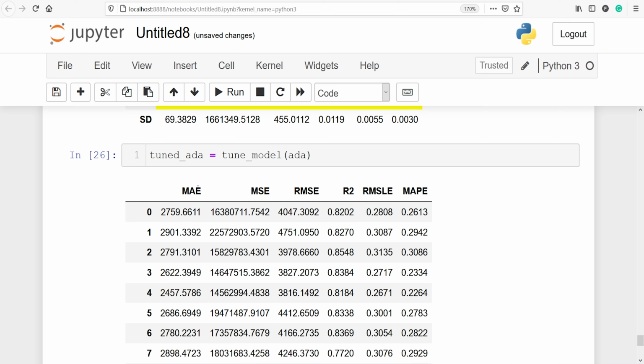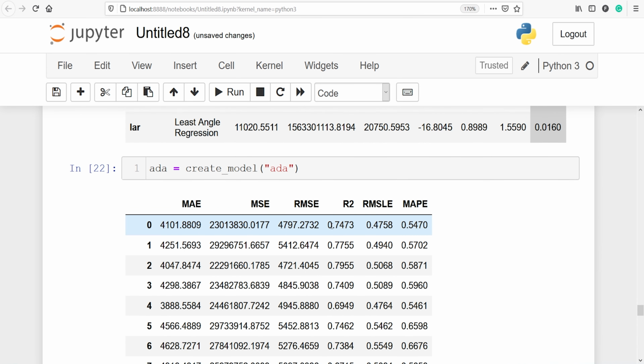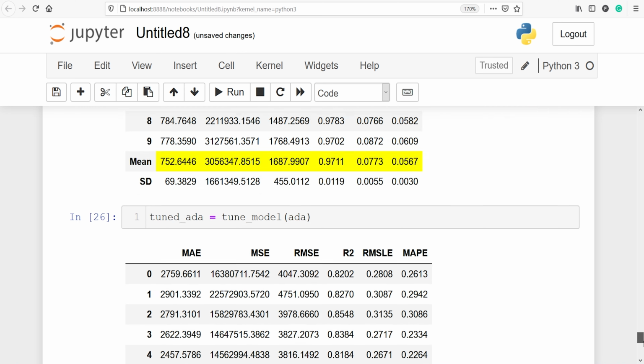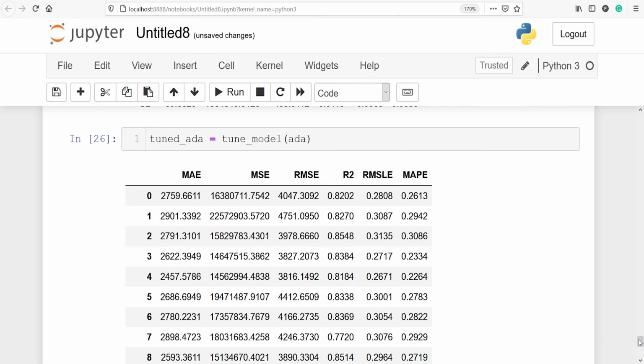For the fine-tuned model the R square is 0.82, and let's check the R square here. You will see the R square is 0.74. So after fine-tuning the model, the R square has gone up from 0.74 to 0.82, which is quite good.